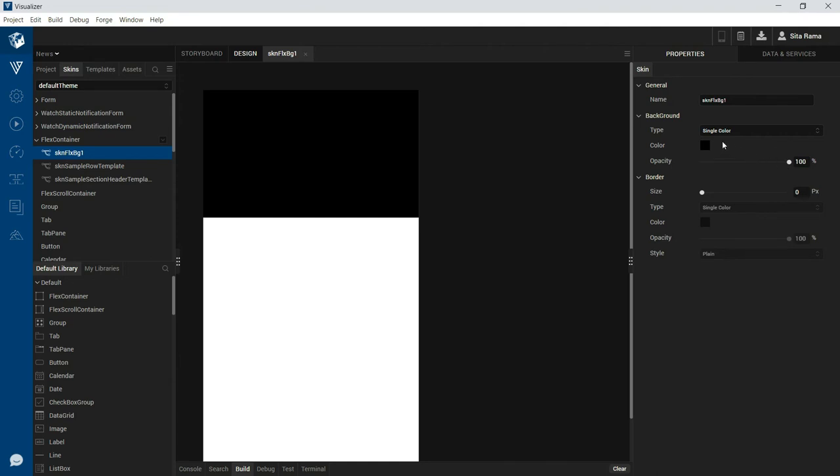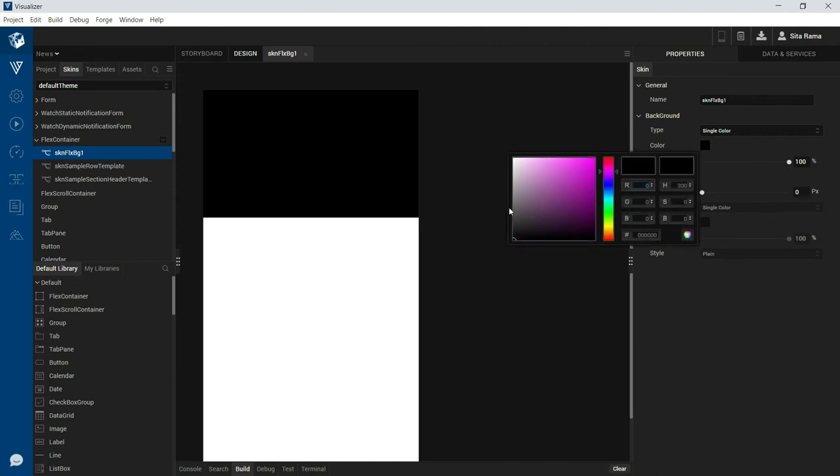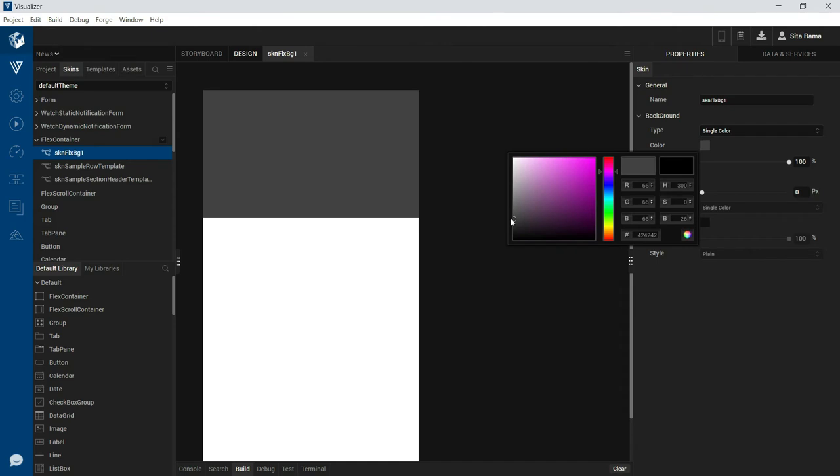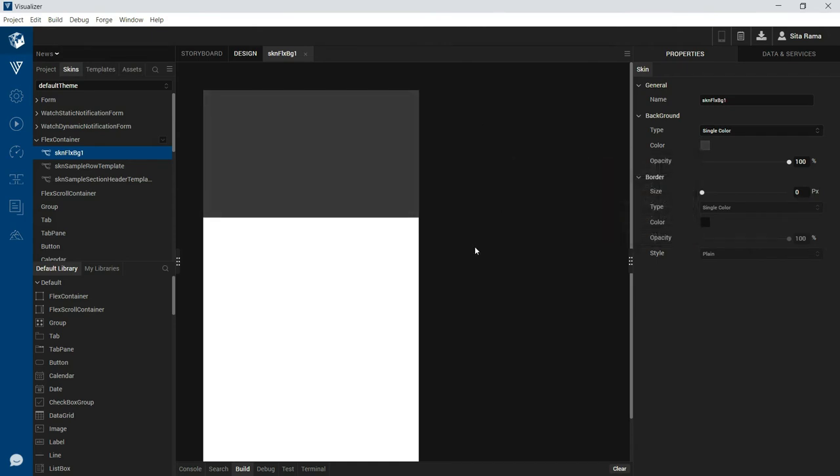I am changing the background color here. So that's one of the skins that I have created for the Flex container.